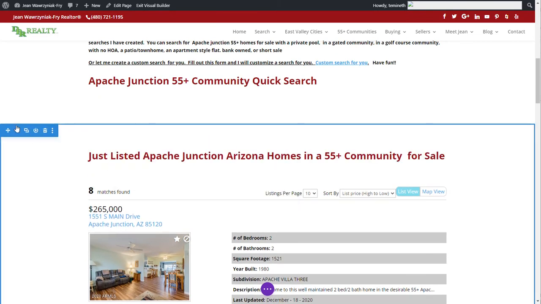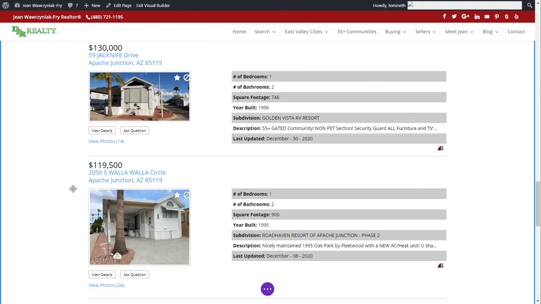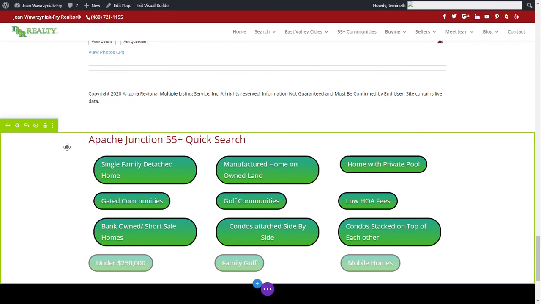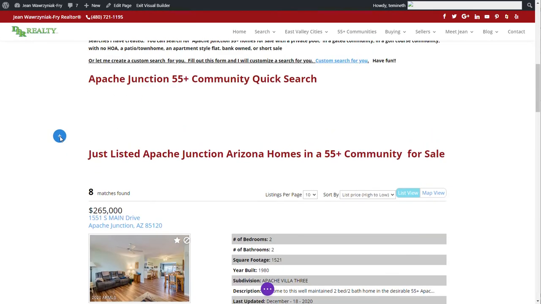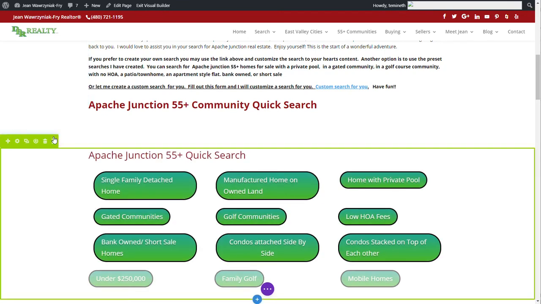So now you see that there's a blue section, and this is a blue section, and then below here is the quick search in its own section. It's a globally saved quick search, and that's why it's light gray. But now we can click and drag this and move this anywhere we want on the page or in between sections, which is right here. This is exactly where we want to move